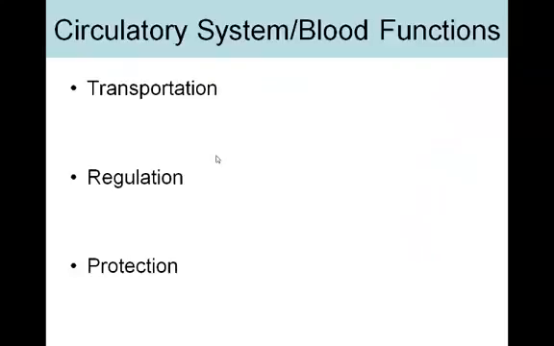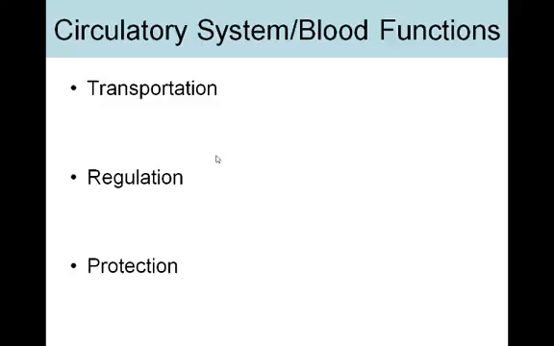So the next thing I want to talk about are the functions of blood, or you can call these the functions of the circulatory system, since blood is a part of the circulatory system. So we can separate the functions of blood into 3 general categories: transportation, regulation, and protection. So you're probably familiar with some of the things that blood transports. All of your freshly absorbed nutrients that come in through your intestines are transported through your bloodstream. Things like glucose and proteins and vitamins and minerals and water. That's all transported within blood.